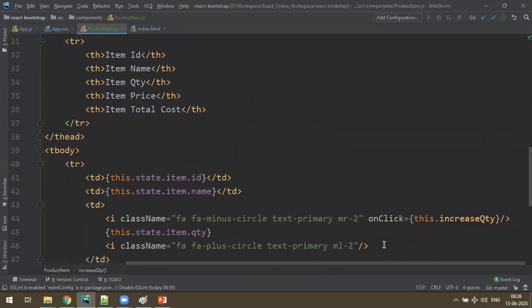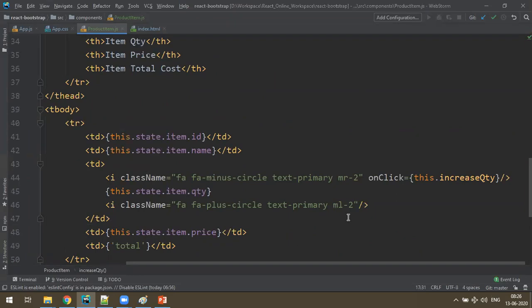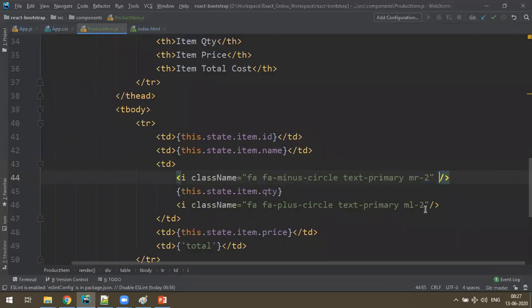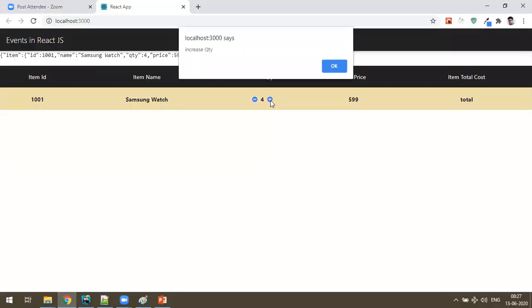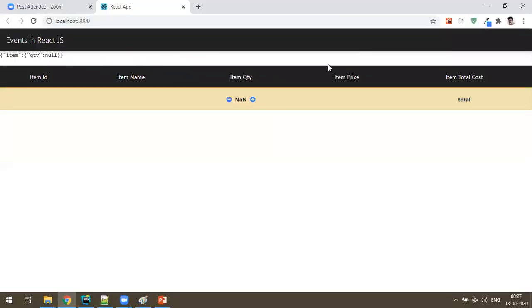It's correct only, man. Icon, right? When I click on the... Oh, sorry, I have given it for minus. It must be plus now. Sorry, I actually gave it for minus. Let's cut this. I have to give it for plus. For increase it is plus. So now check the plus. When I click on the plus, yes, I got the increase quantity.